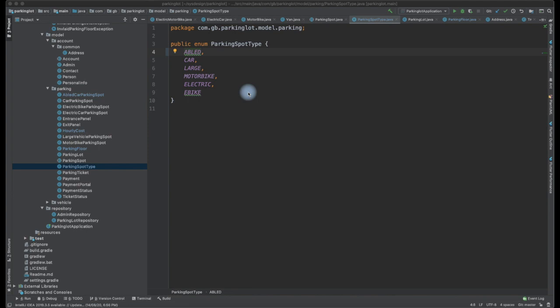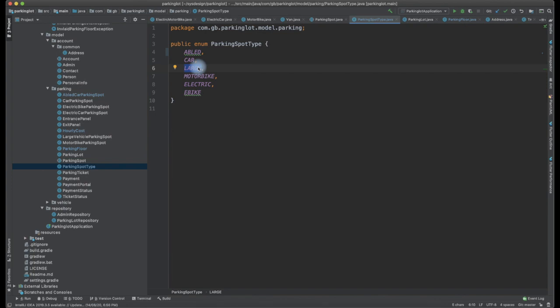We have to model the abled spots separately because they are usually in the front and have an easy way to enter and exit the parking lot. It should be near to the left. This is how an abled parking lot would usually be designed, so we have to capture that parking spot separately. Then there is the car slot, and the large parking slot where we will be able to park a van or a truck or whatever it is.